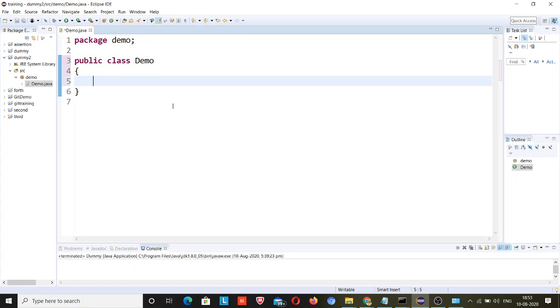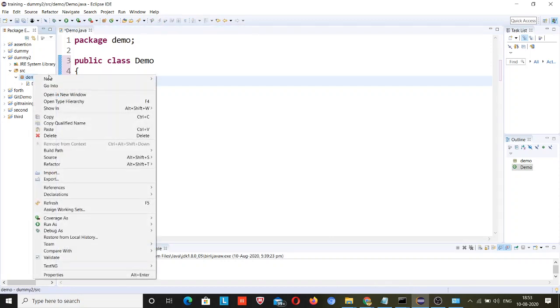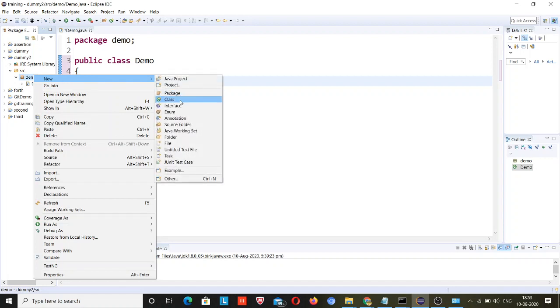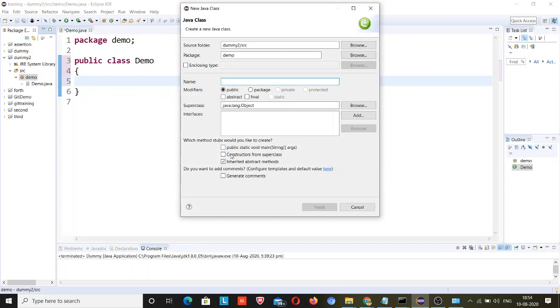Now I will tell you two shortcuts in case you have forgotten to create the main method. Just right click, new, and class. When you create the class, there is an option that, if you check it, automatically creates the main method. Like I will say demo2. When I check this, it will be creating